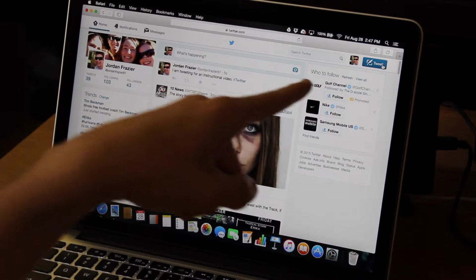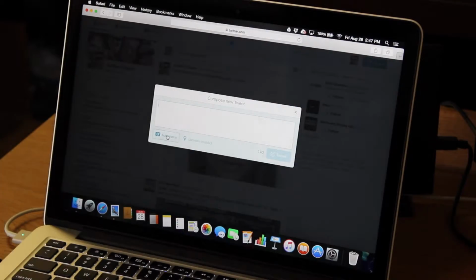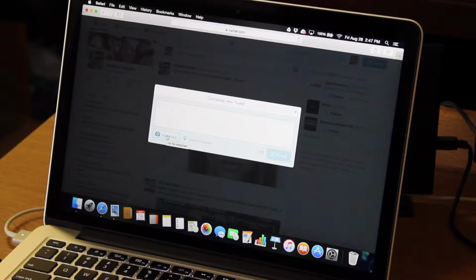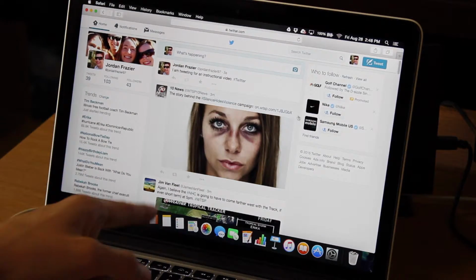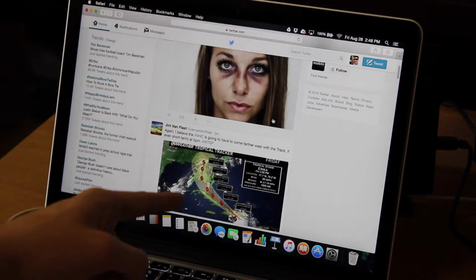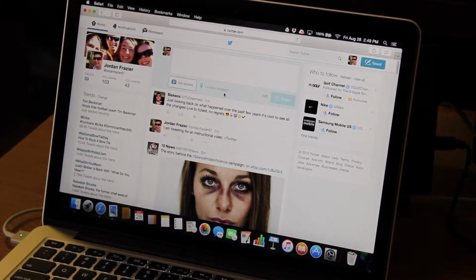I can also do the same thing by clicking the button up here, and here it actually just gives me the whole page. So if you really want to focus on a tweet, you would go to this section. Now it's also very easy. As you notice, most people put photos and videos on their Twitter. So if you want to add anything like a picture or a video like most people do, all you'd have